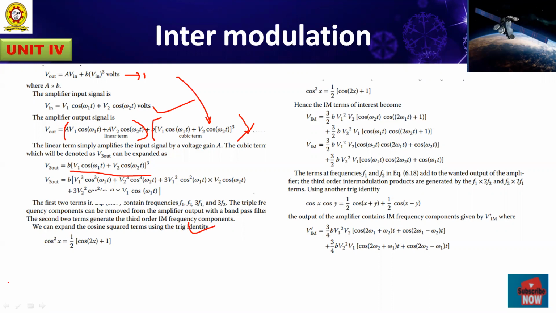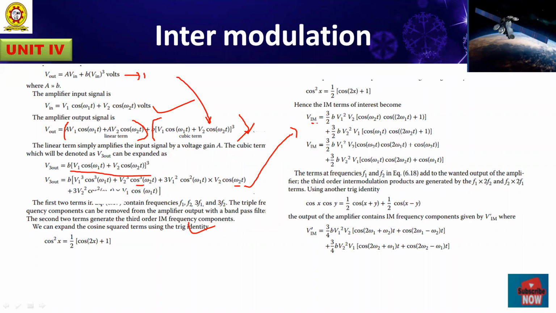So these 3F1, 3F2 are removed from the amplifier output when this signal is passed through the band pass filter. Only the first two, F1 and F2, are available. Those are called the limited stage. Clear? So by using some trigonometrical knowledge, this equation is modified into like this. So Vm equals to, here this omega 2 term is eliminated. So 3F1, 3F2 are restricted by the band pass filter.